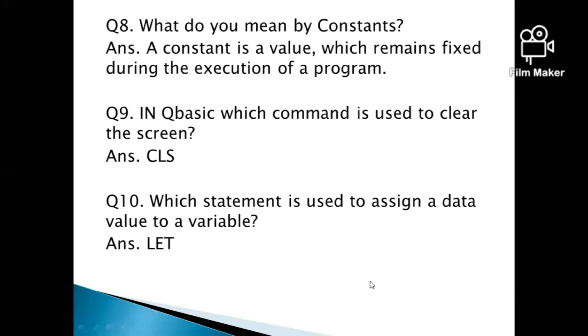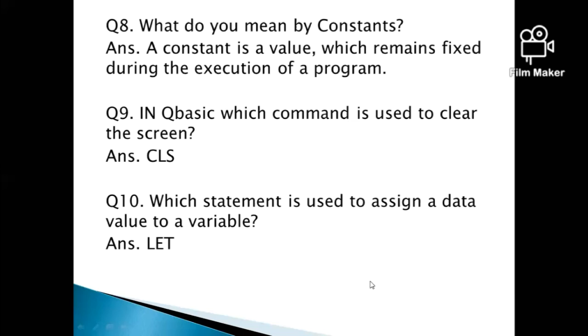Next question is, which statement is used to assign a data value to a variable? If we want to assign a value to a variable, which command do we have to use? The LET command. And as I told you, in QBasic commands are known by a particular term, that is statement. So we can say that the LET statement is used to assign a data value to a variable.